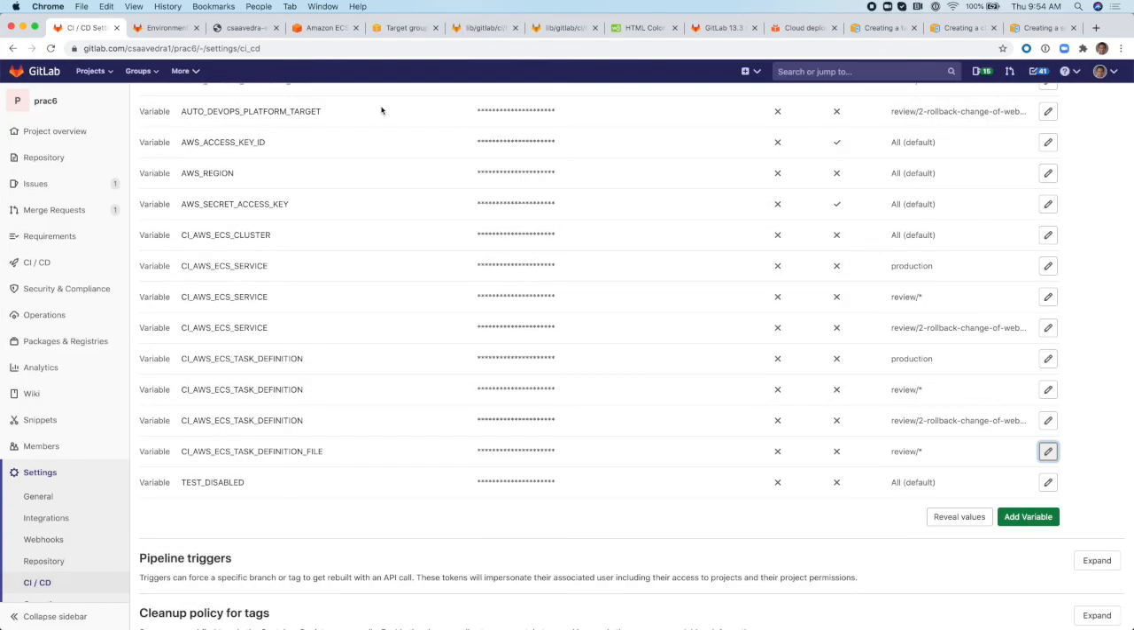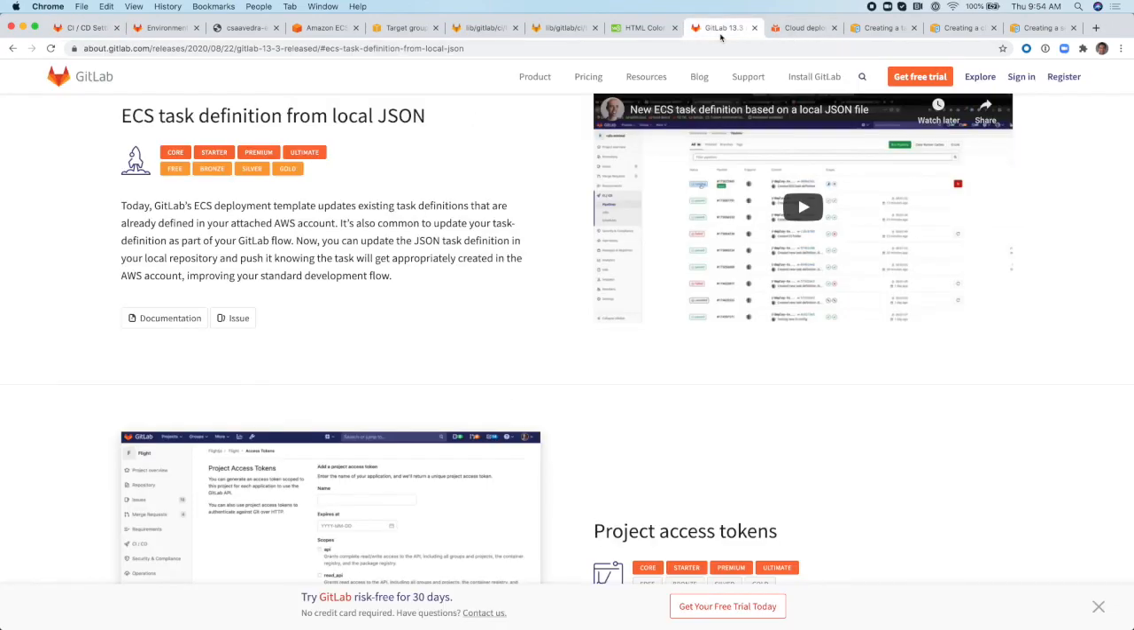So in conclusion, in this technical demo, we have discussed the new feature ECS Task Definition from local JSON. And having the task definition file on your GitLab repository allows you to maintain its versions via our version control and collaboration capabilities, have other stakeholders collaborate on the task definition configuration and development, rollback to a previous version of a task definition, and can also help you with your organizational audit and compliance of your